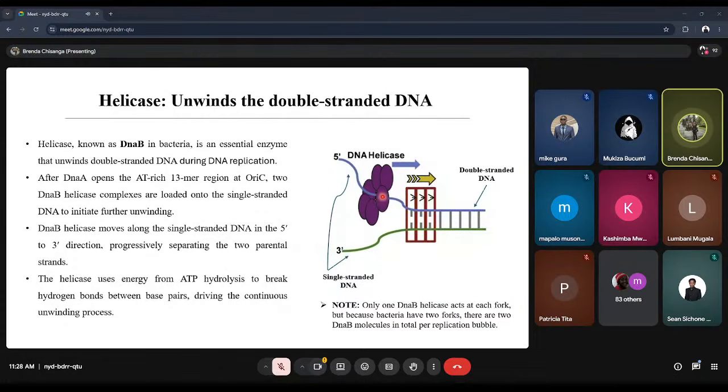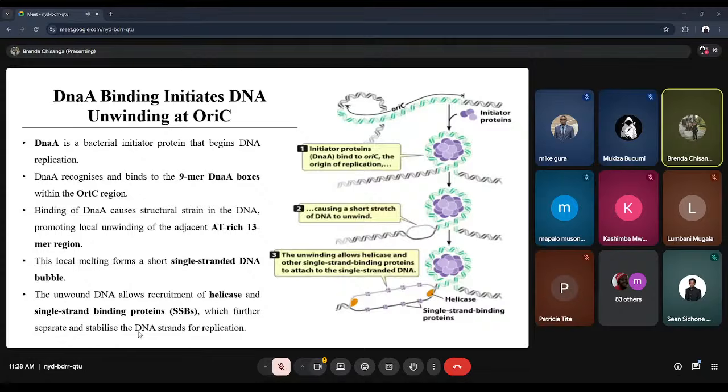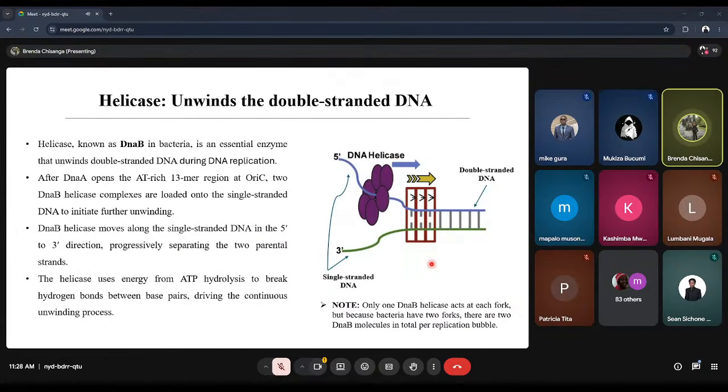Okay? And at this point, I want you to also picture this. Remember, this is a bacterial DNA, which is a circle, meaning that while we have this on this section, we should have the same on the other region, because remember, when it unwinds, we're going to get the whole region unwound. If you look at this stretch here, there's going to be helicase going this direction and helicase going that direction, like opening up the DNA. So what you see here is just one section of that replication origin. And at some point, you're going to see that we need you to be able to picture both ends of the replication